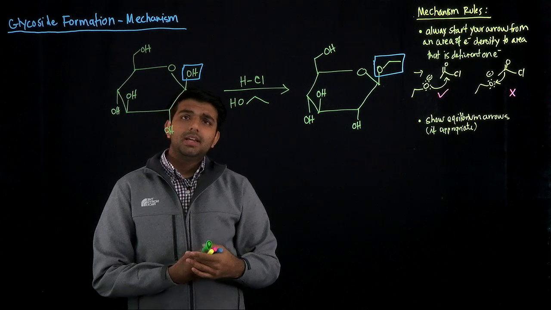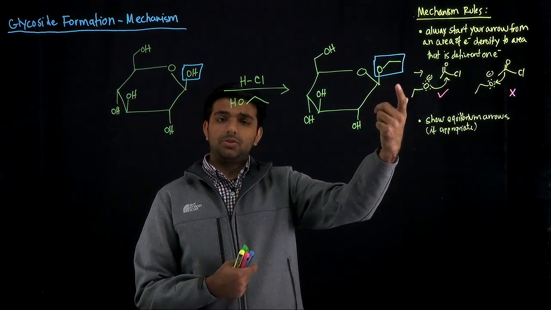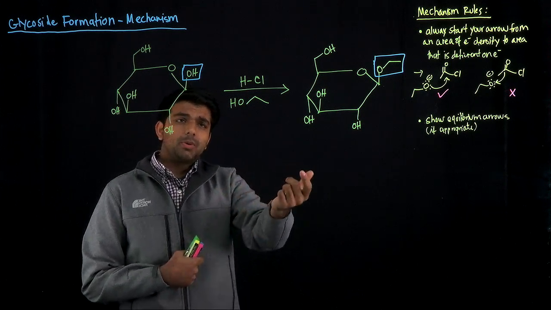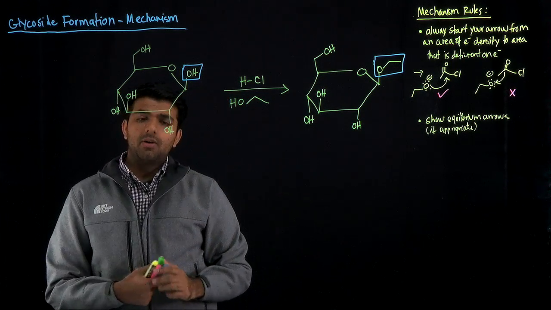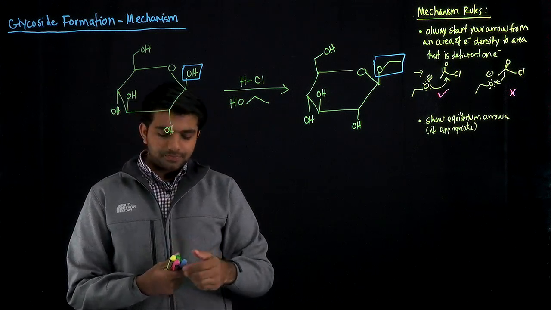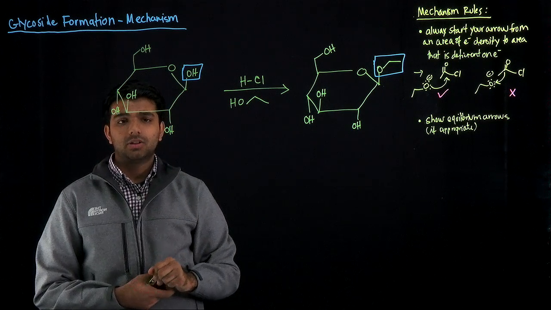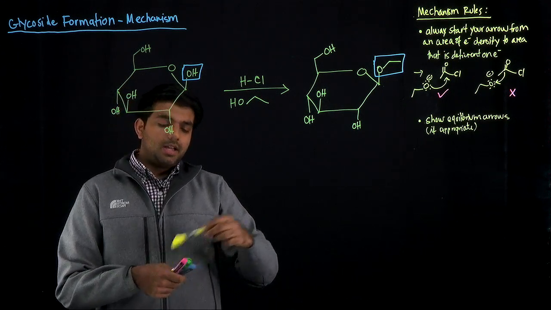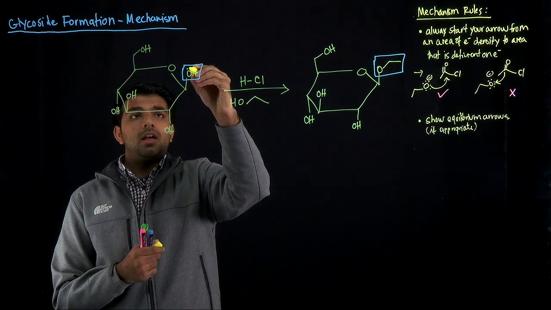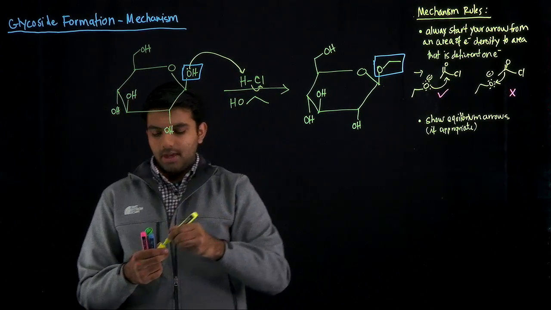So the first step is to create a good leaving group. We replace the OH with the OCH2CH3. And so what we want to do is get rid of the OH somehow. Hopefully you remember from your earlier OChem that OH is a really bad leaving group. And so in order to make it a good leaving group, we're going to make use of this acid, the hydrochloric acid, that is present. And so the electrons on the oxygen will pick up a proton,